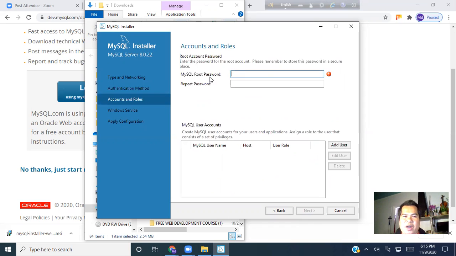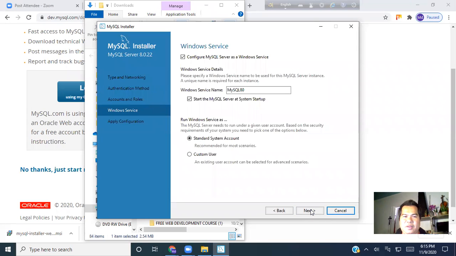Okay, now password, actually you can set it up as you want. I just say admin and repeat the password admin. Okay, root password says weak, not a problem. If you want to add user, you can do it. I'm not doing it. Okay, and standard system account or customer user. Standard system account, then